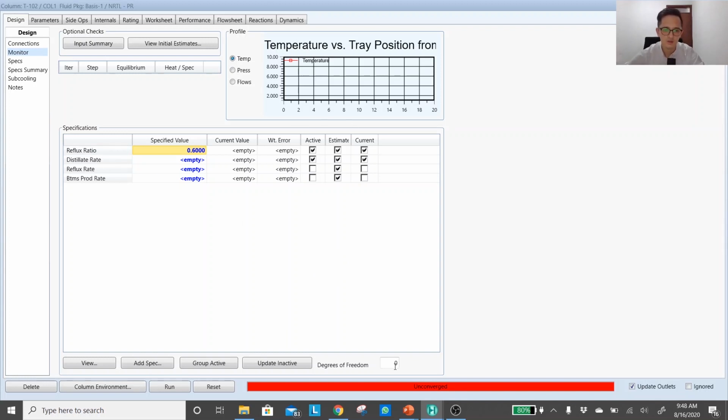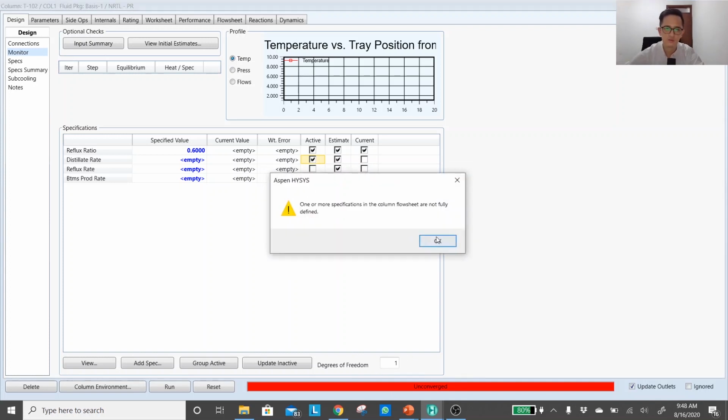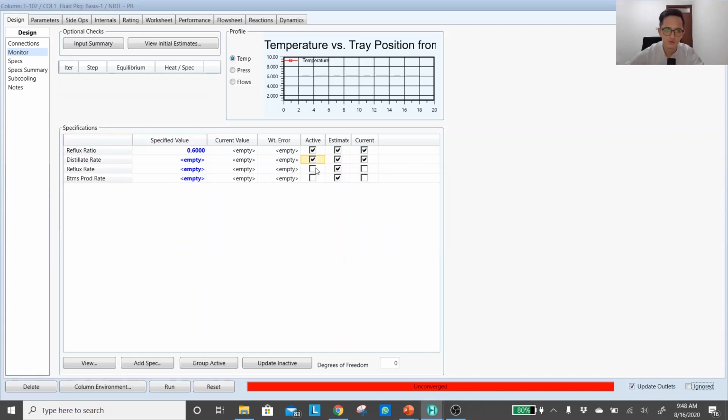You have to always make sure that the degree of freedom is 0. How to change that? You go to the columns and you see that there are 2 rows which are active flows. If you remove one of those, your degree of freedom will increase. Once you put that number and then you put another one, that becomes -1, or over specified.